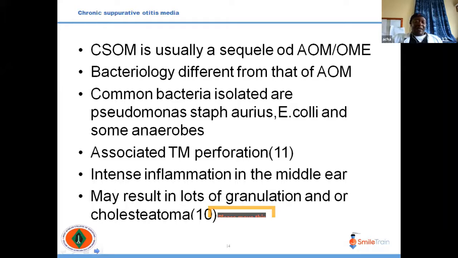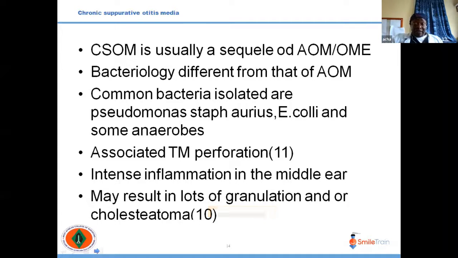The management of chronic suppurative otitis media is that you need to give topical antibiotics, topical quinolones. That is the standard treatment of choice. You give ear drops which you put in the draining ear. You first of all clean the ear and teach the patient how to use a cotton bud or cotton wick to clean the ear. After you clean the ears, you can instill drops of a quinolone, ciprofloxacin, or what we commonly use in our environment, Cetrasal Plus, which is a ciprofloxacin ear drop.